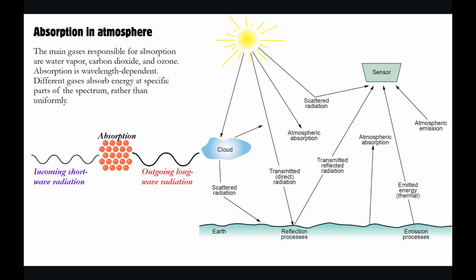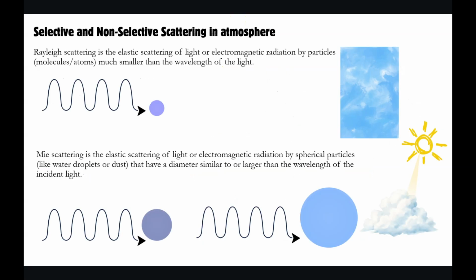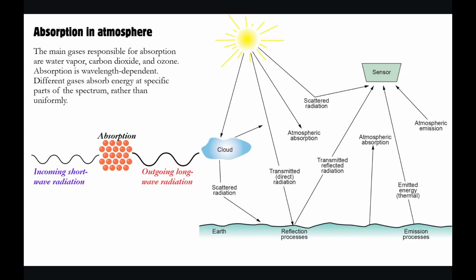When it comes to atmosphere, we are learning these important processes: scattering, reflection, and absorption. These three processes. And then when it comes to the planet's surface, there we are adding one more process to it, which is emission. Okay, keep this in mind. But don't worry, even if you did not understand it, we are going to discuss this now. So the first process was scattering. Now we are going to talk about absorption in atmosphere.